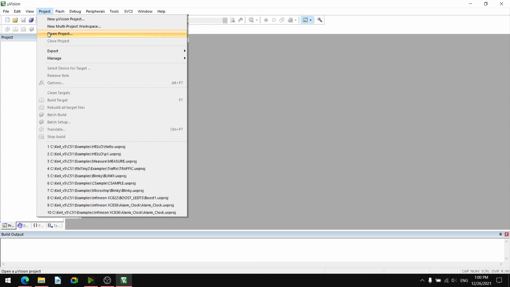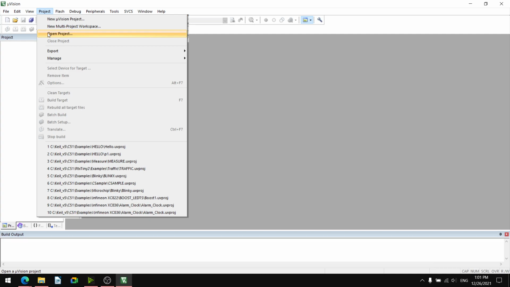Otherwise, we can also have our self-created projects. Once we have saved our created projects, next time if we want to open them, we can use the Open Project button. We can click that button, select a particular project and open it.